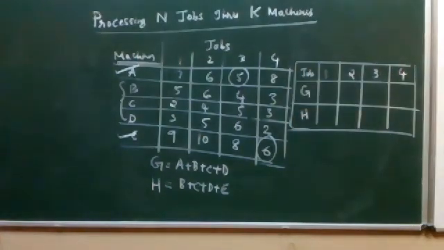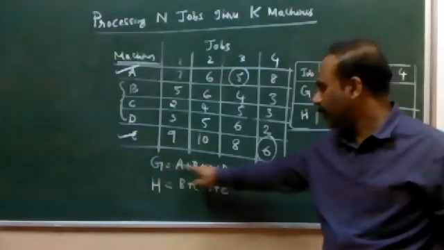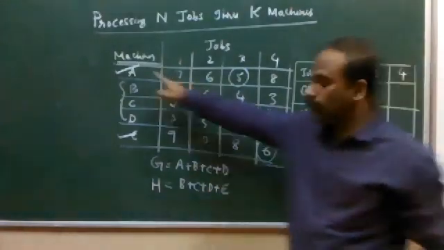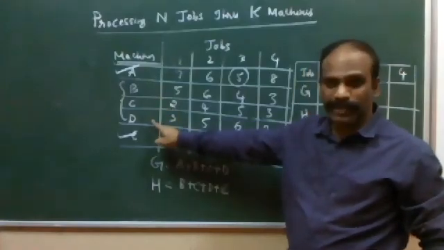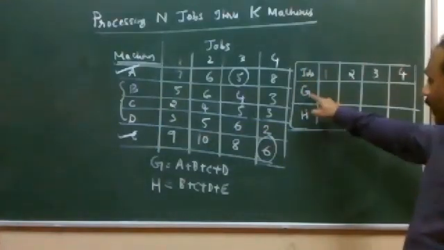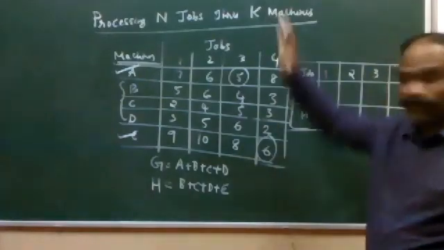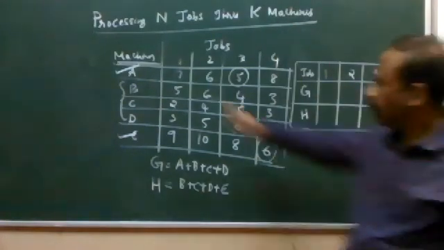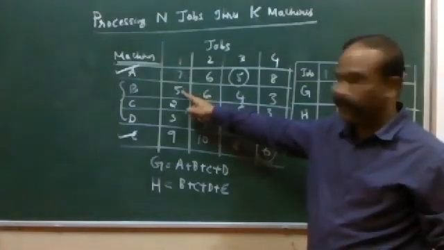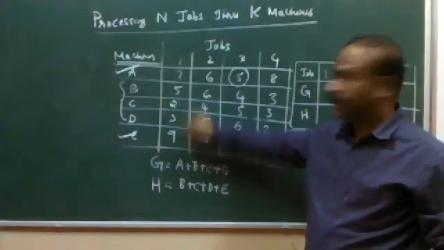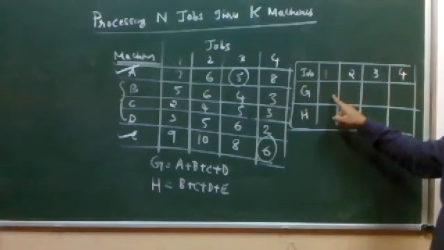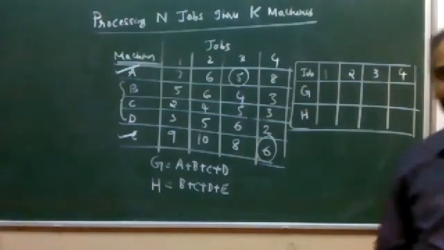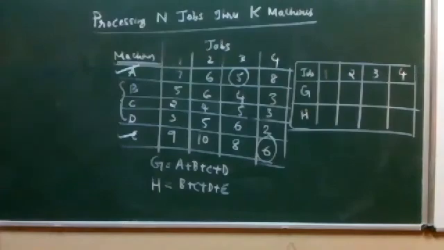Now I am supposed to come out with a new set of values using this formula. So G is equal to A plus B plus C plus D. This is your machine A, this is your machine B, this is your machine C, and this is your machine D. Now, when I want to calculate G and H, G is equal to the first four machines. How do I add here? 7 plus 5 plus 2 plus 3. This 4 value if I add will give you the first value of job number 1. Can you please add and tell me how much we get? 17. Very good.